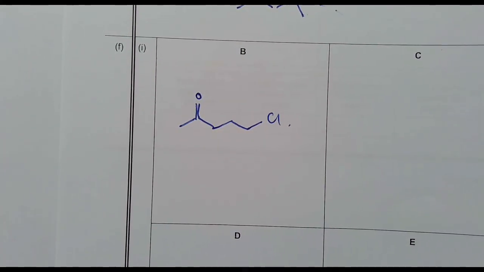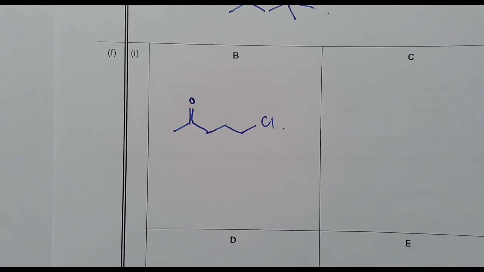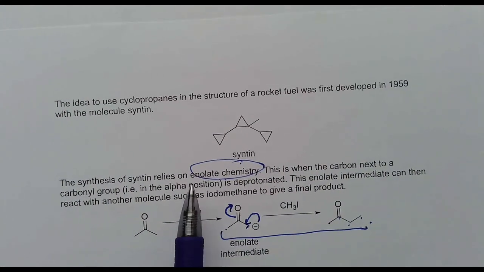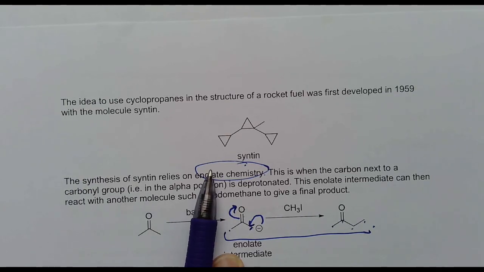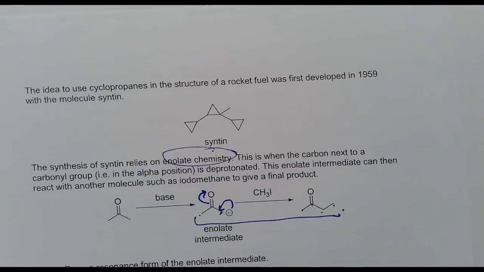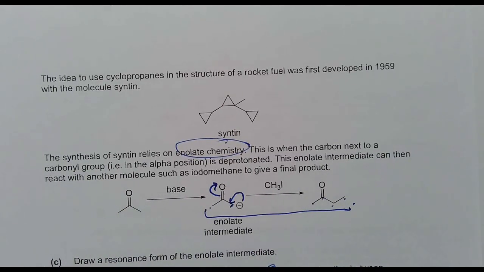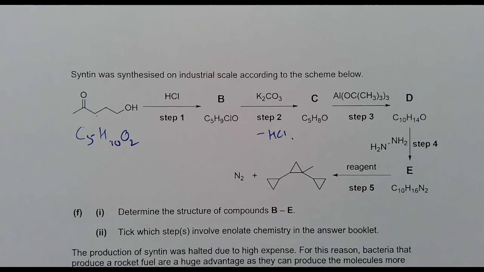Okay, so this is where it starts to get a little bit tricky, and this is the point where, if you haven't really been thinking about the question up until now, you're probably going to have a little bit of trouble, because this is where the enolate chemistry starts to come in, because we were told earlier on, so it relies on enolate chemistry. So we should expect enolate chemistry to come up here somewhere. And it is when the carbon next to a carbonyl group is deprotonated. So what's going to deprotonate it? Probably a base, which is what we're reacting with here. Okay, so this is a little bit tricky